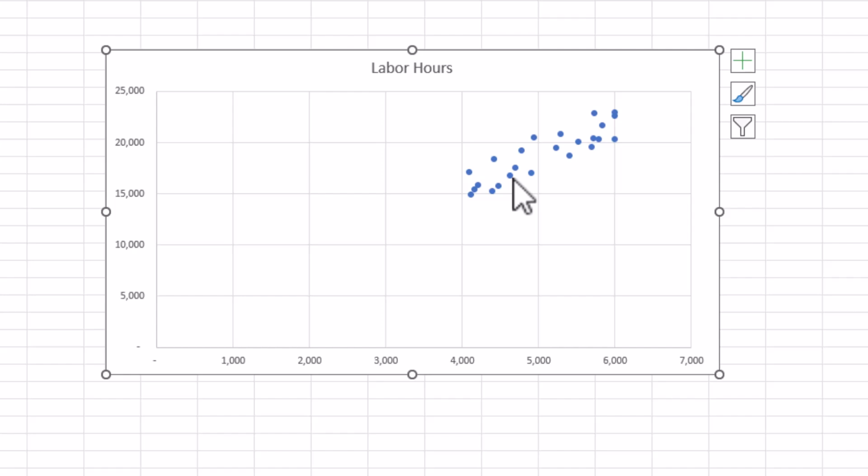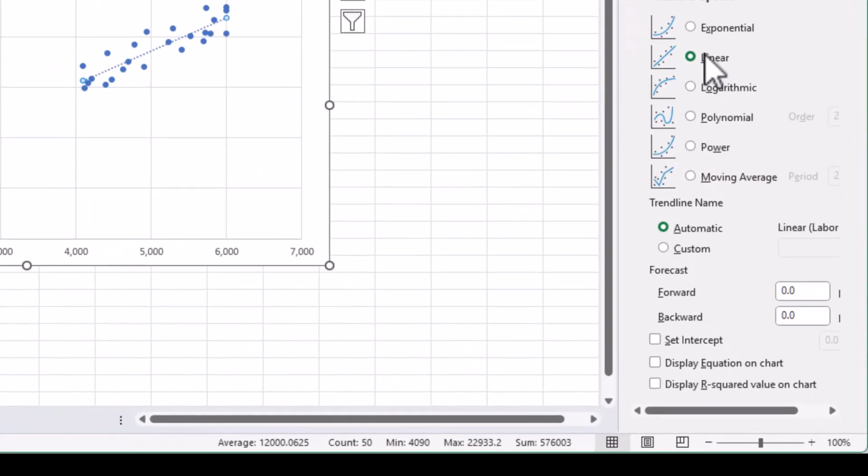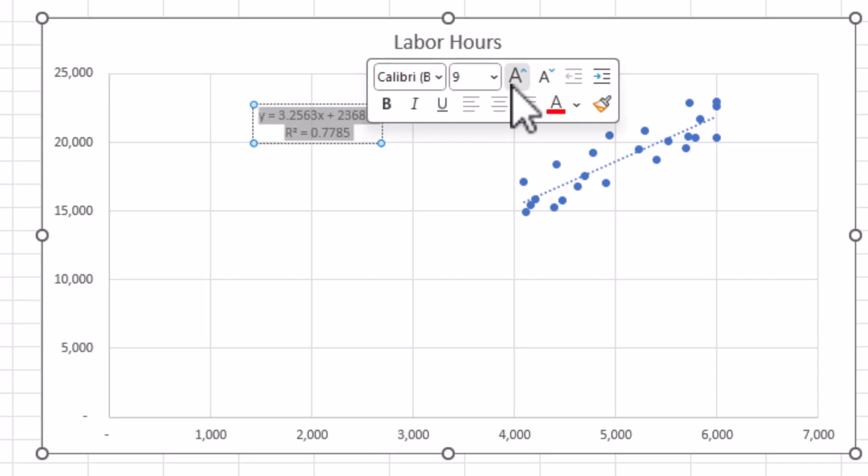To better understand the relationship between the cost and its driver, add a trend line and display the cost equation. A trend line is a line that goes through the middle of all of the data points and makes the relationship between the variables clear. Click on any data point in the scatter plot. Right-click and select Add Trend Line. In the Format Trend Line panel, choose Linear, since most business costs follow a linear relationship. Scroll down and check the box for Display Equation on Chart. Also check Display R-squared value on chart. The equation can be repositioned and resized to improve readability if necessary.